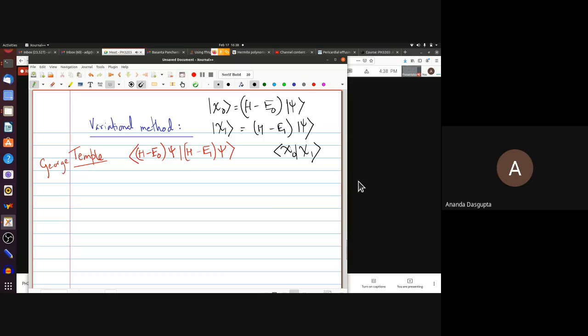And it's very easy to see that this thing really becomes, after you sum up n equals 0 to infinity, assuming psi has this expansion in eigenkets, sum of Cn phi n, then this is going to be Cn mod squared